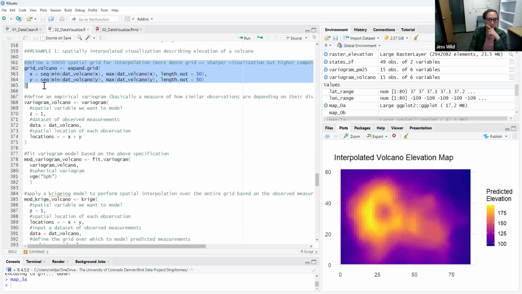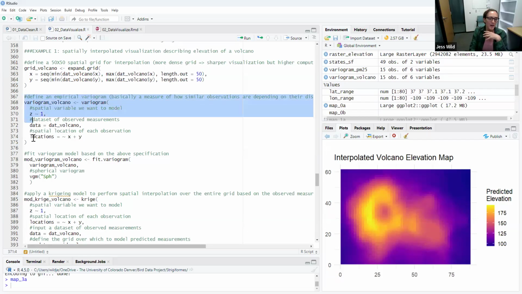Also where parallel coding gets really, really useful. But that's essentially what we're defining here: this is the grid over which I want to predict points. And then what you do is define this sort of variogram measurement of how similar observations are depending on their